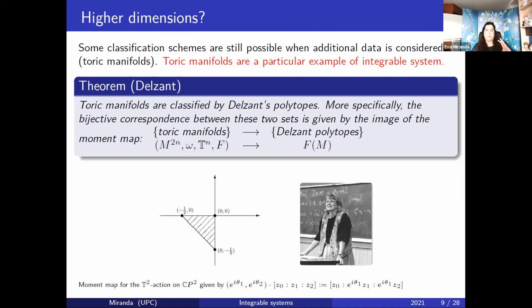Because, well, first, if you have a moment map of a group that is abelian, the image goes to R^n. So I have a mapping from my manifold of dimension 2n to R^n. If, for instance, I'm in dimension 4, then the image is going to be something in the plane. A theorem that has opened a whole big line of research is that of Delzant, which tells